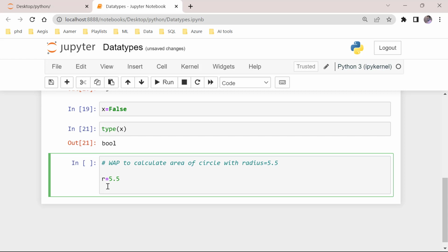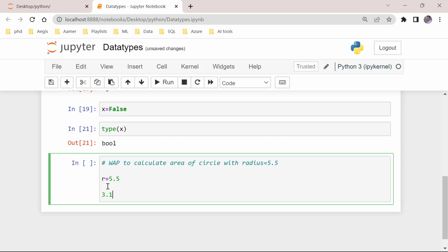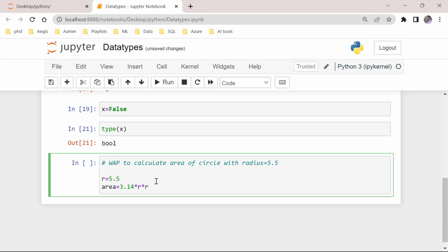All right, next I want to calculate the area, right? So pi r square is the area of a circle, 3.14 into r into r. Now, an important thing you need to understand here is, once you write any mathematical equation, you need to store its value inside some other variable. Otherwise, your interpreter will calculate the value of 3.14 into 5.5 into 5.5, but as you're not storing it anywhere, it will just move to the next line and your result is not saved anywhere. Understood? So for example, I am declaring a variable area equals